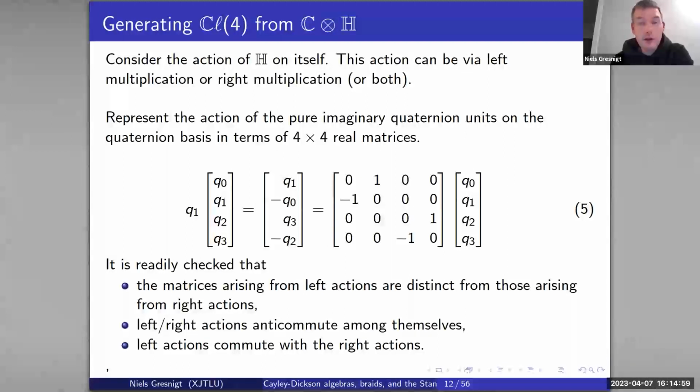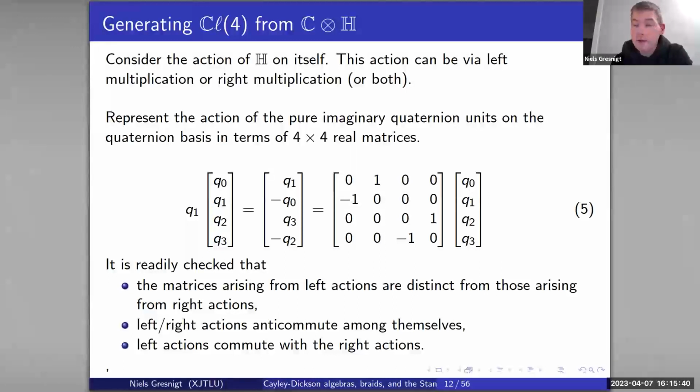Now, I mentioned earlier that one wants to look at an algebra and let it act on itself. So if we consider the algebra of quaternions and we let it act on itself, well, then we can do that action either from the left or via the right. And it turns out that for the quaternions, this actually gives a different action. So each action, if we want to, we could represent it as a 4x4 real matrix. So for the moment, I'm just talking about the real quaternions. So for example, if you act with Q1 on this column vector, which is the quaternion basis, then you can write that as a 4x4 matrix.